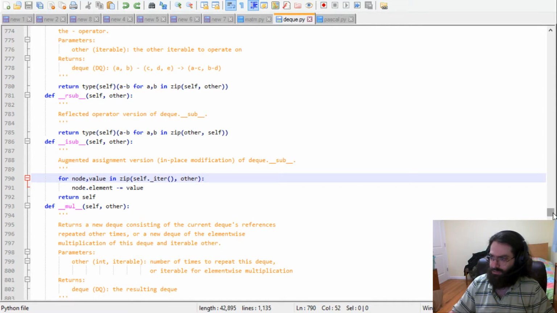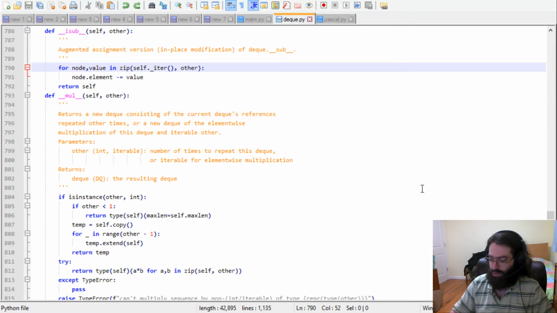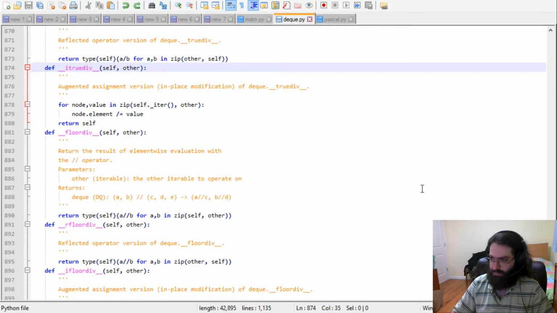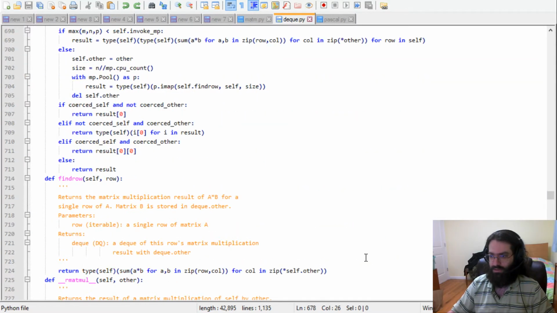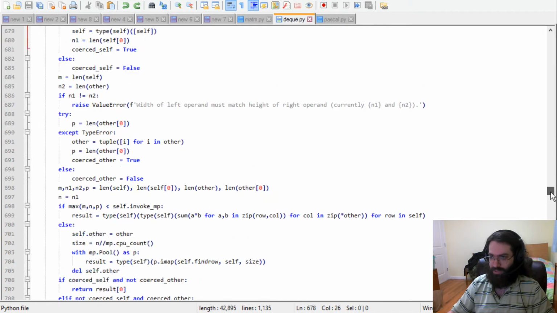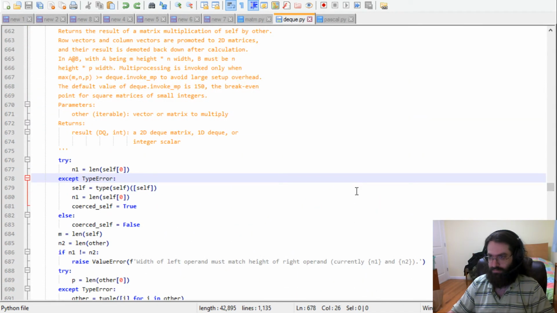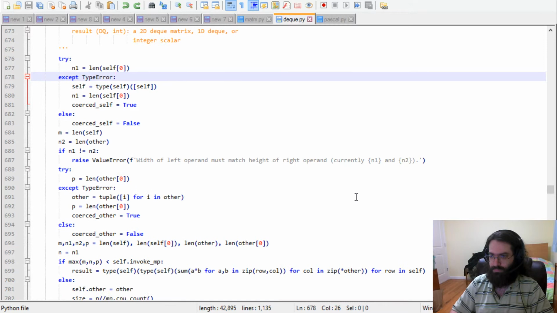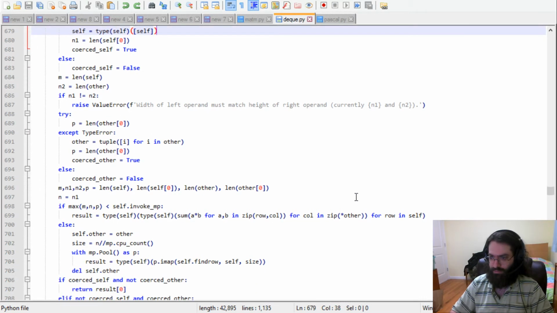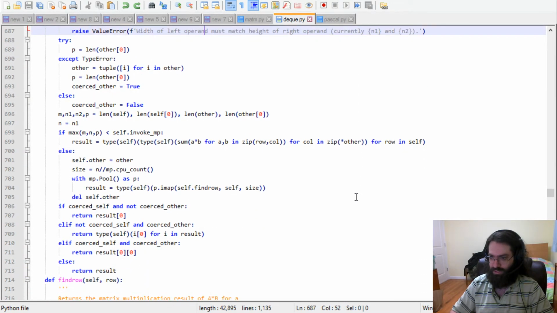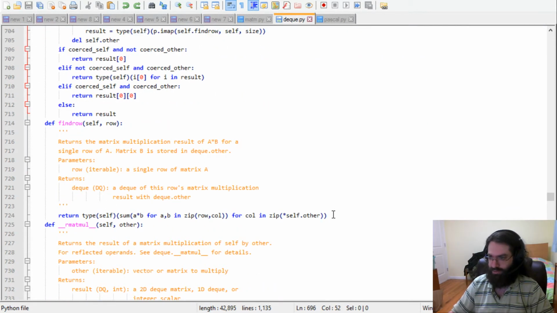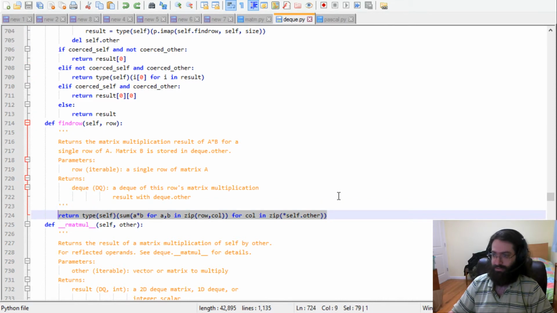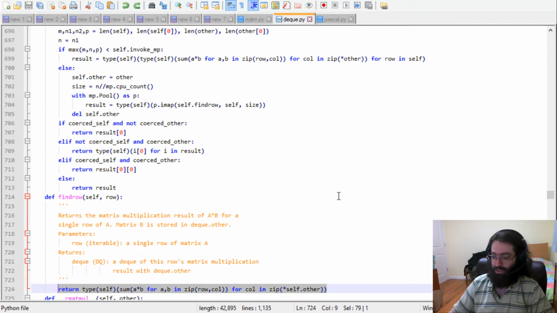A substantial amount of this is just comments. See? Lots of comments. There's some blocks of stuff that isn't comments, but not very often. This is the entire matrix multiplication code. Does it fit in one screen? No. It really doesn't. This is kind of part of it too, this find row, because that's for the multiprocessing imap. Anyway,